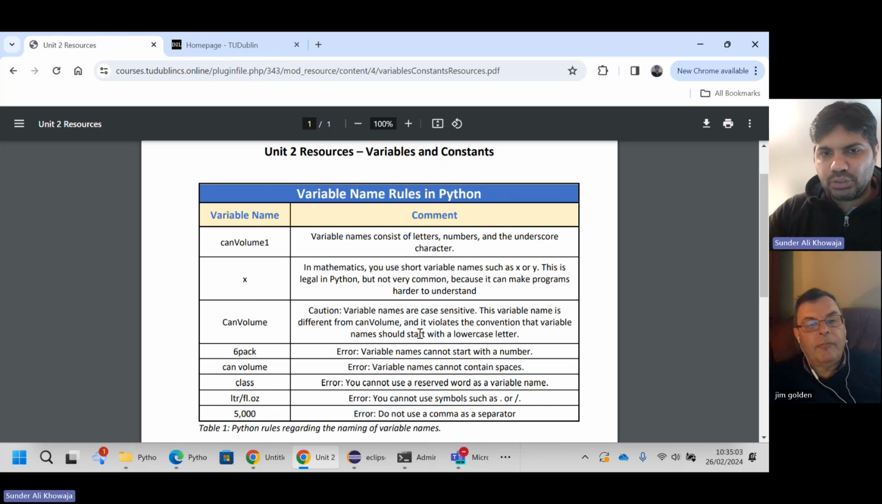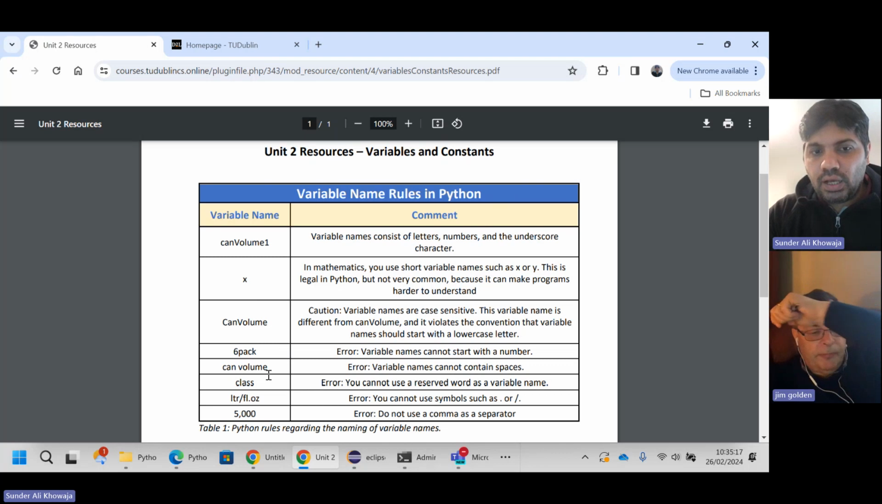It will be a good practice to follow the conventions, but again, it's up to you how you define it. Variable names cannot start with a number, so this is wrong here. There should be no spaces, so this is wrong here. There are some reserved keywords in Python, and class